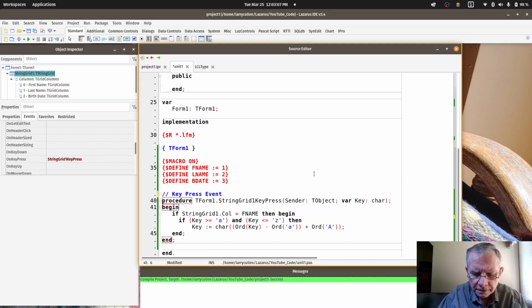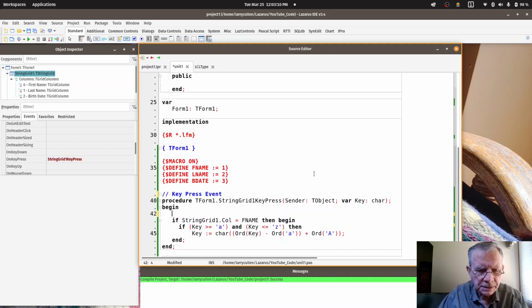And then in here, we're going to say if in column 1, which is the first name. All right, that tells us where we are. Then